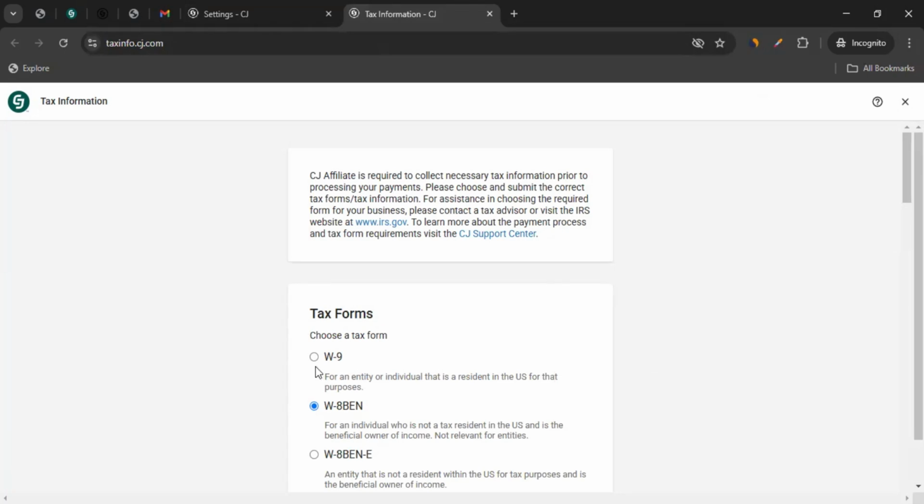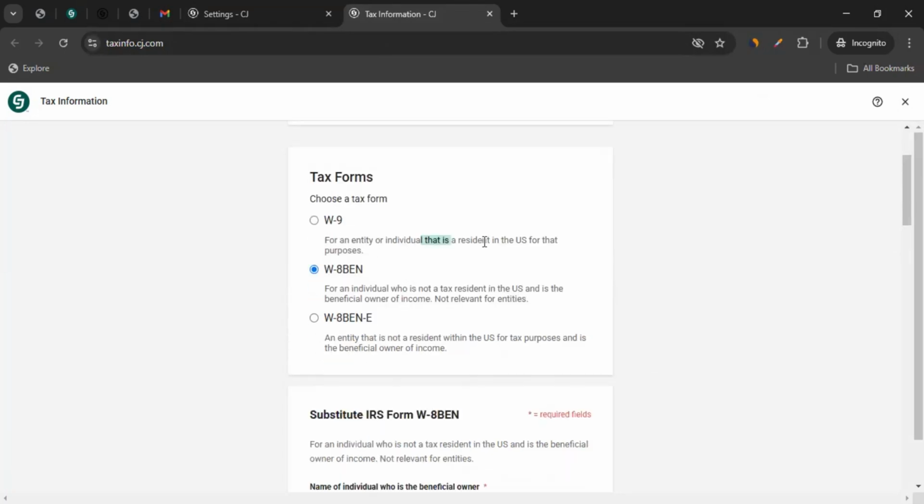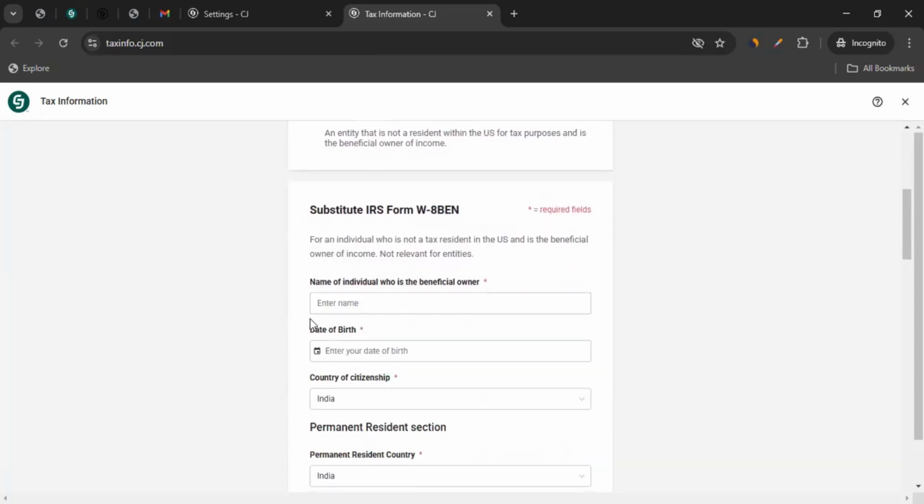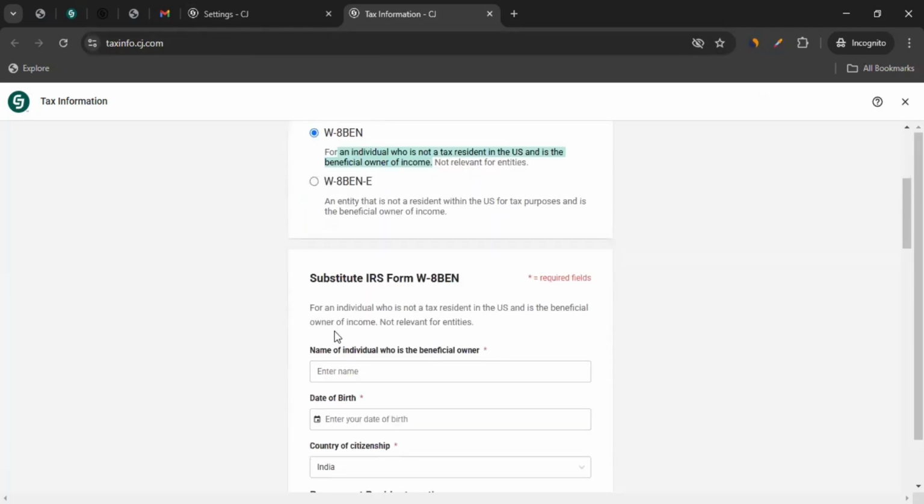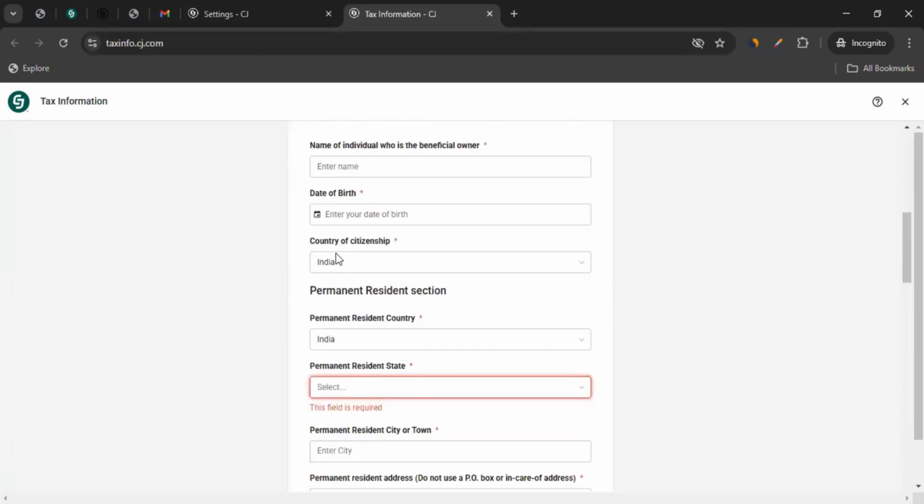Over here you can enter the details accordingly. For an entity or individual that is a resident in the US, you can go with W9. For an individual who is not a tax resident in the US and is the beneficial owner of income, they can go with this option, the W-8BEN. Otherwise, they can go with W-8BEN-E. Based on what you have selected in here, you will see more details available here, so you can also fill in the details. For example, if you go with W-8BEN, you can provide your name, date of birth, country of citizenship,